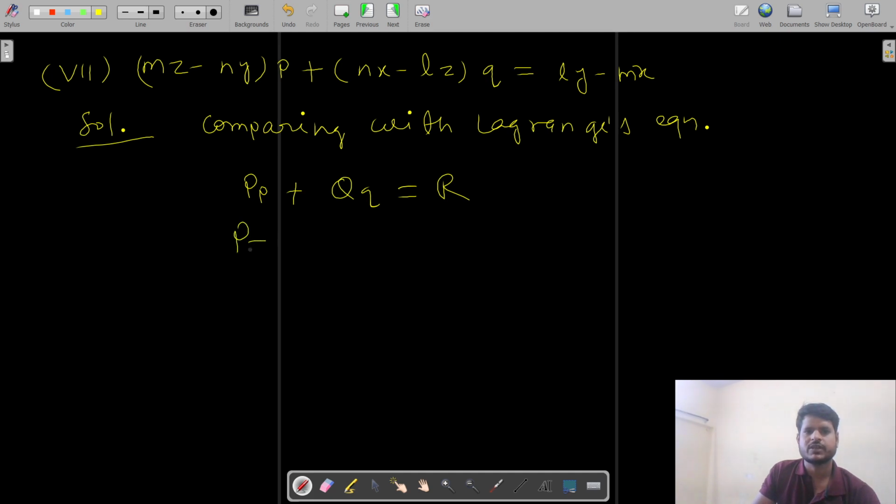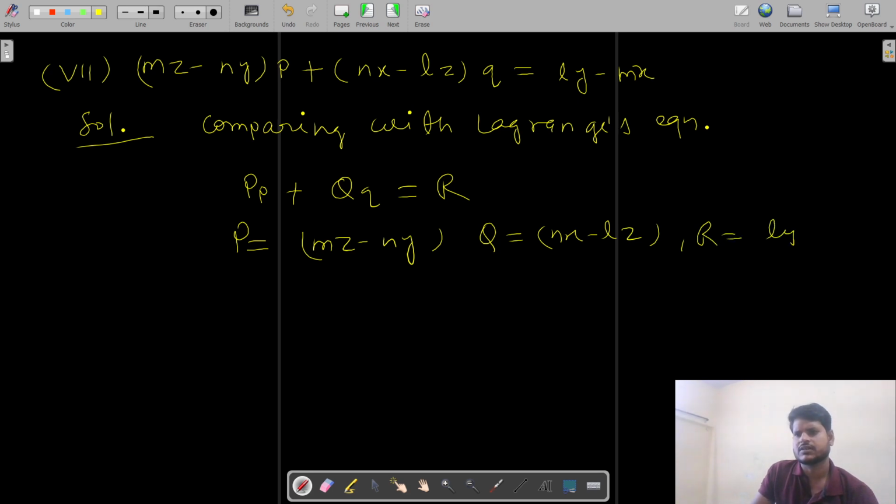So we have capital P is equal to mz minus ny, and capital Q is equal to nx minus lz, and capital R is equal to ly minus mx, right? So now using the auxiliary equation,